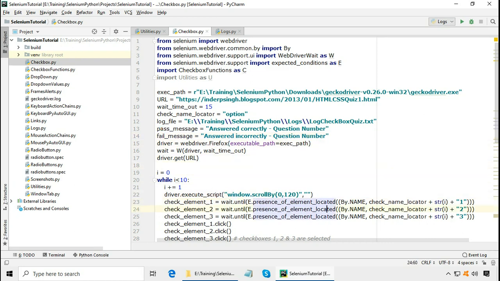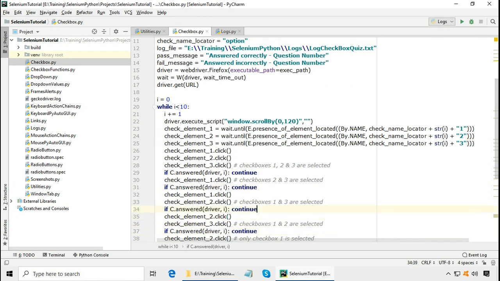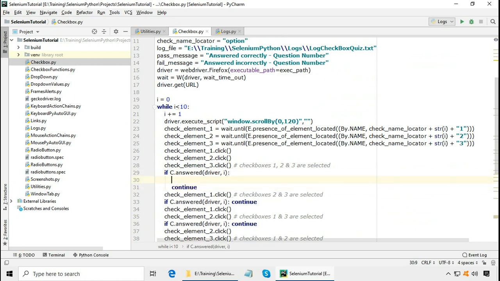Now within the loop we have to call the log function. So if the answer has been given, utilities.log, and here we need to give 3 arguments.